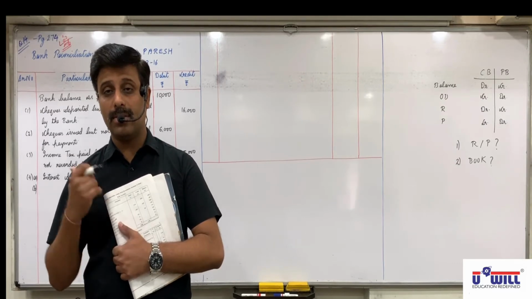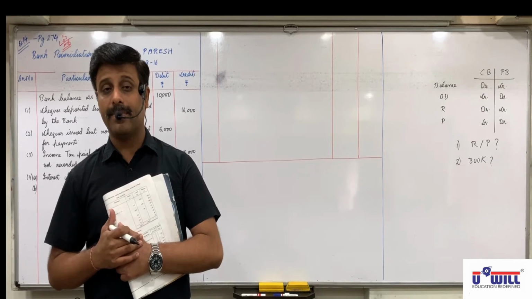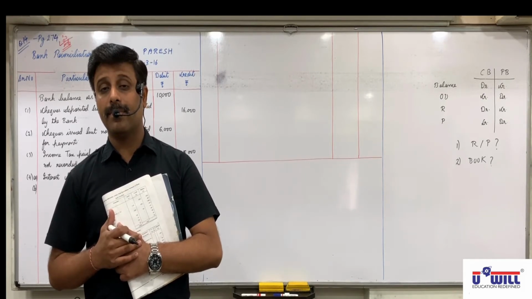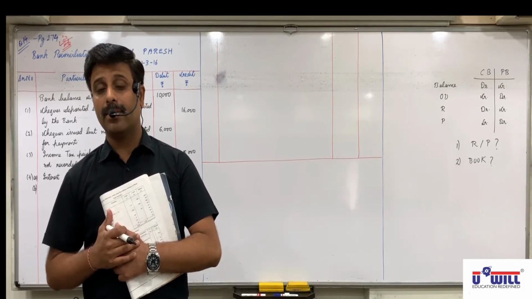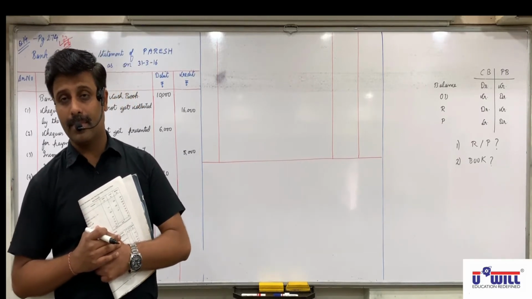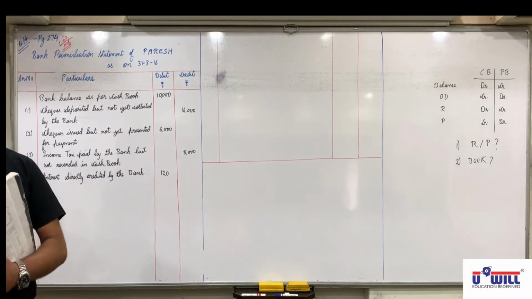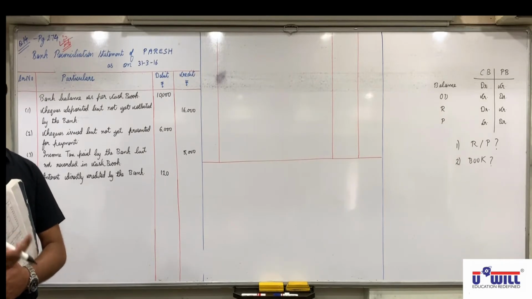We will record on credit side, right? $50 is debited in... You're not able to explain that also. 50 is debited in passbook but not credited in cash book, so credited in BRS.